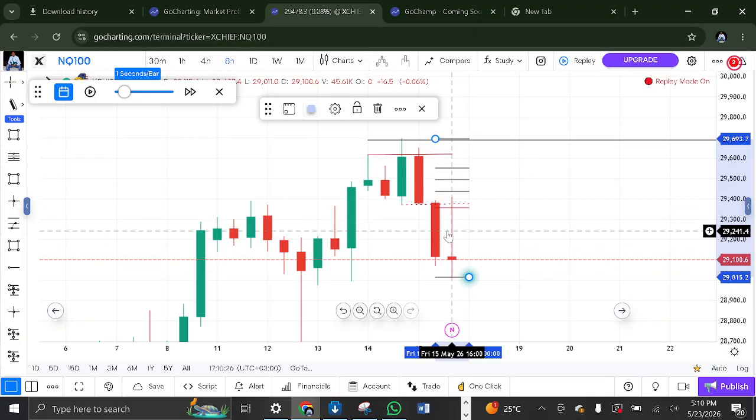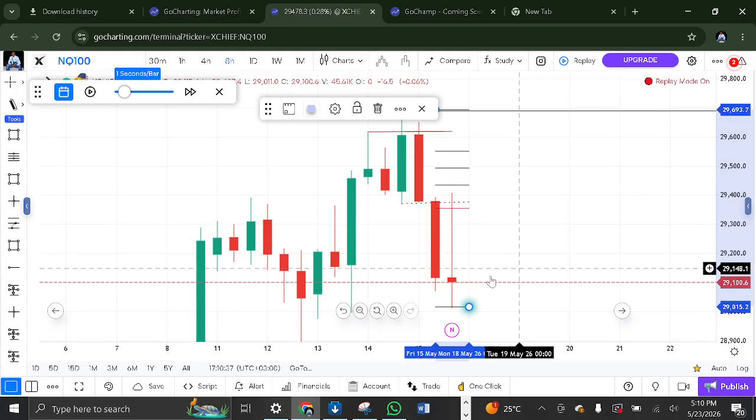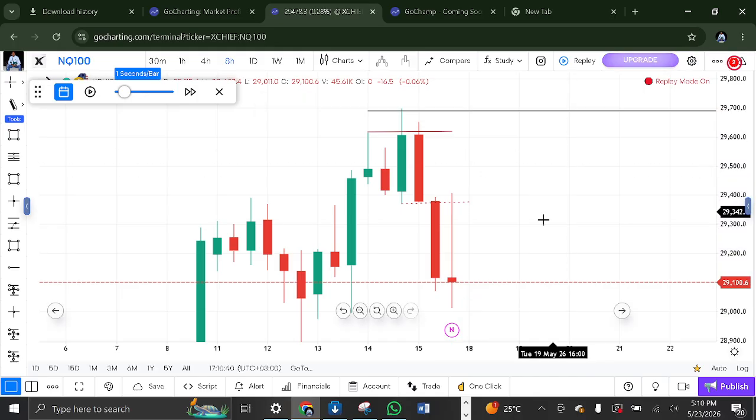So for now, from the 8 hour, what I did notice, from this low to this high, we traded to the premium levels, and then the market we can see as rejected. From the 8 hour, we don't have anything really much. We don't have a fair value gap, but what we can see is we only swept some liquidities, and